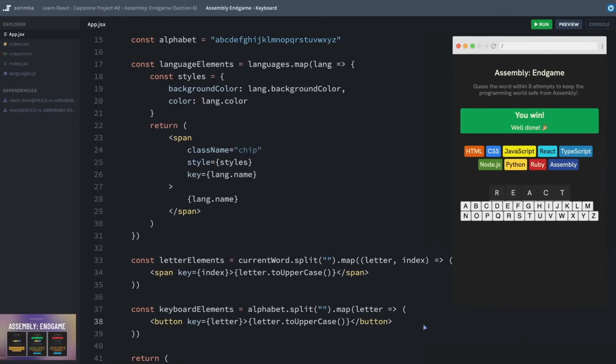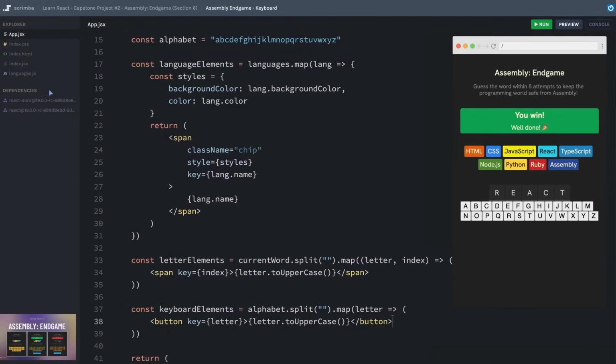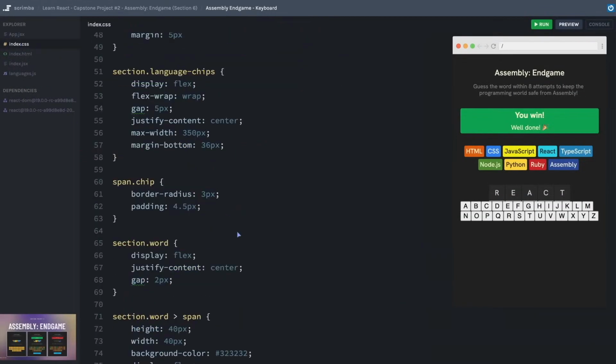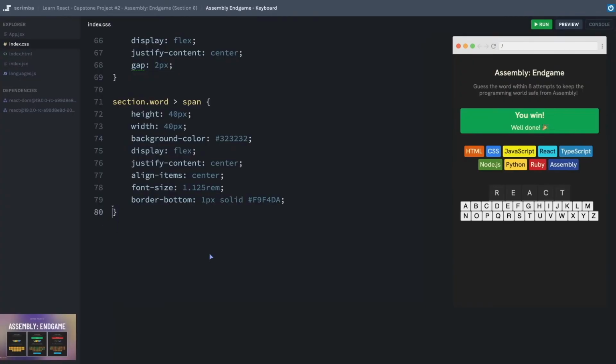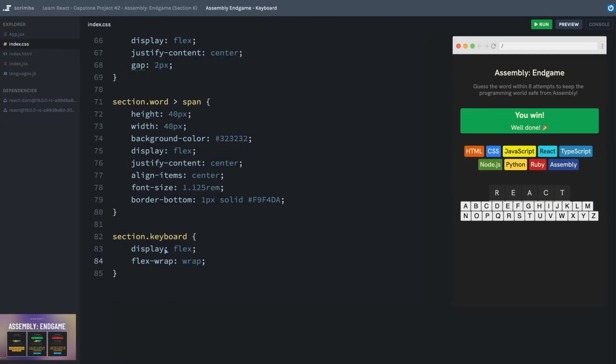Okay, there we go. You could have chosen either Flexbox or Grid to style it. Honestly, because of the design, Grid seems to make more sense, but because of my stronger familiarity with Flexbox, I'm actually going to lean on Flexbox to handle this one. So let me access the section with the class of keyboard. We'll give it a display of flex. We need to make sure that it can wrap, so I'll say flex wrap wrap. We'll give a gap of 8 pixels.